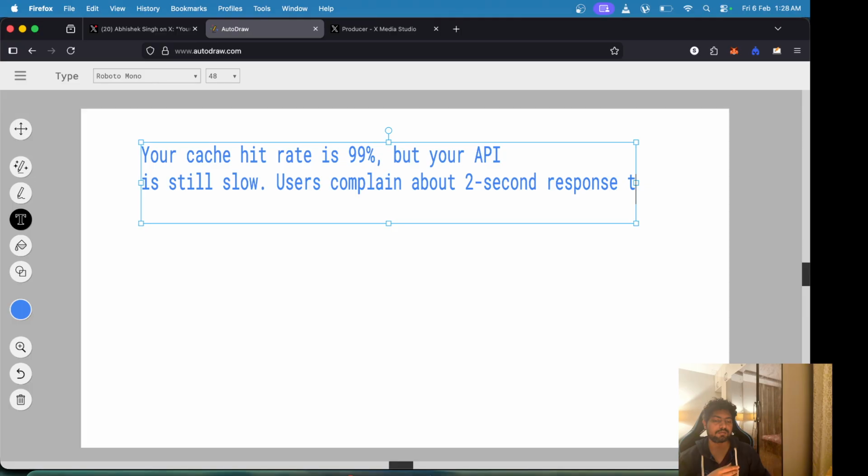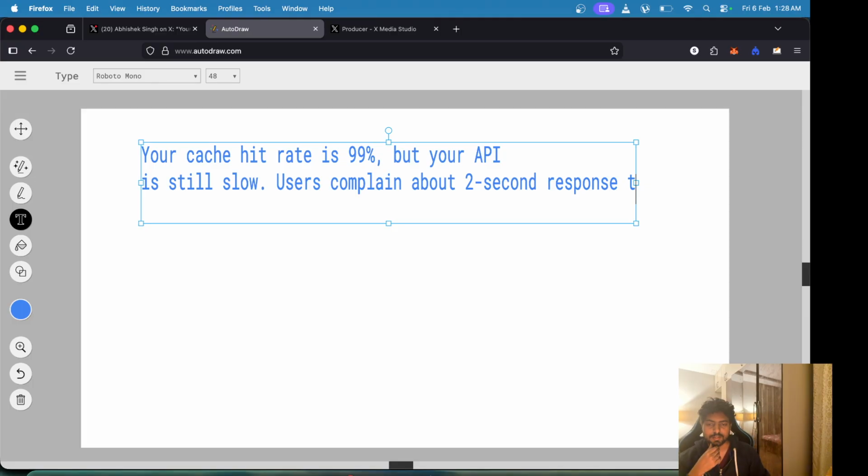So we want that in Redis, and 99% of the time we are getting the response properly. We are able to see the data in Redis, but for that 1% of the time when we are not able to see the data, we are making database calls. That is a problem, and because of that the response time is 2 seconds. Redis offers sub-second latency, even milliseconds or nanoseconds it will serve the request, but still we are saying that 2 seconds is the response time. So what is the bottleneck here, and how will we fix this?